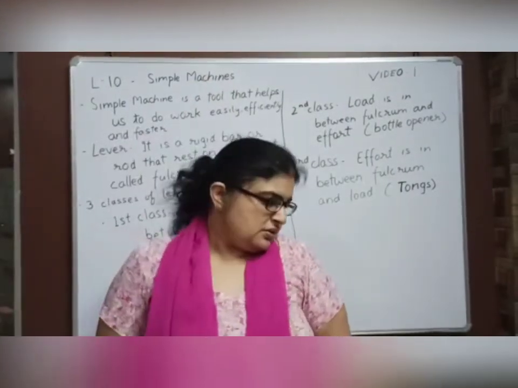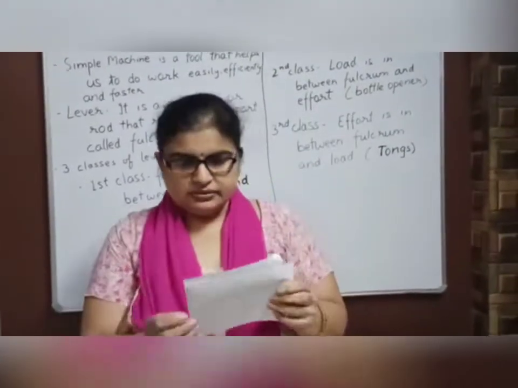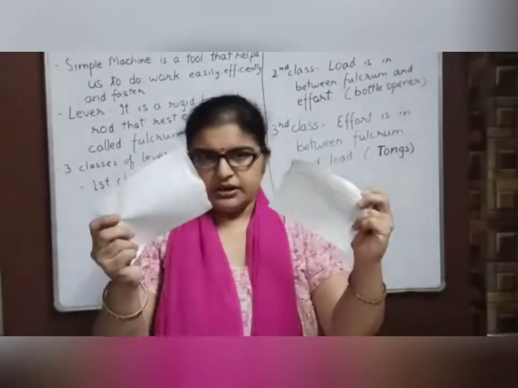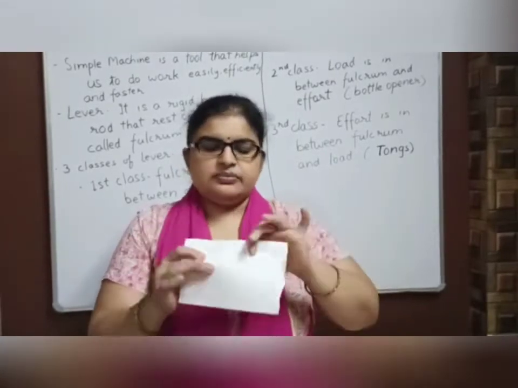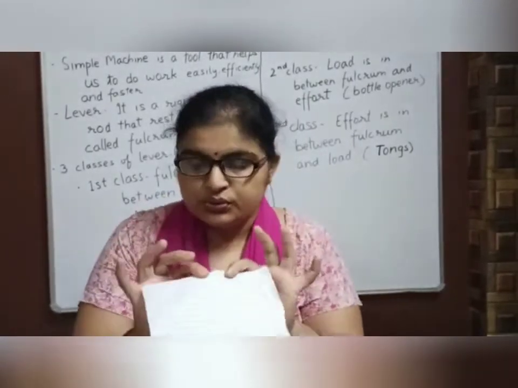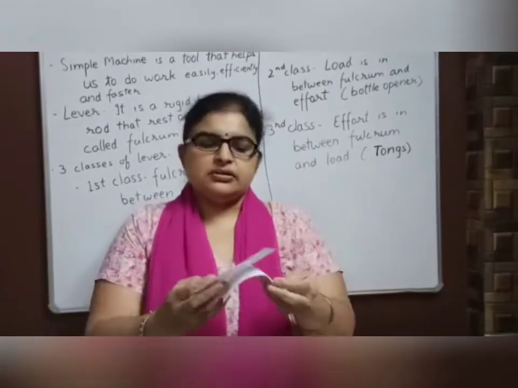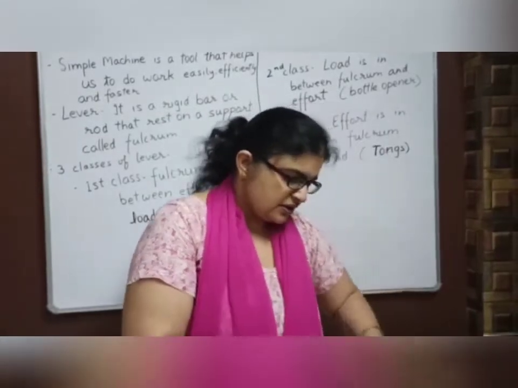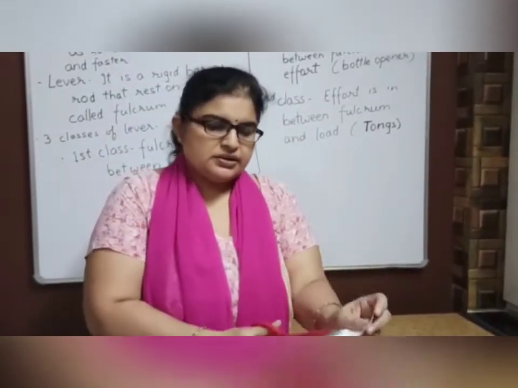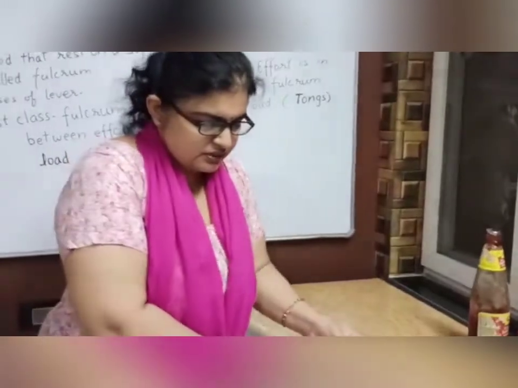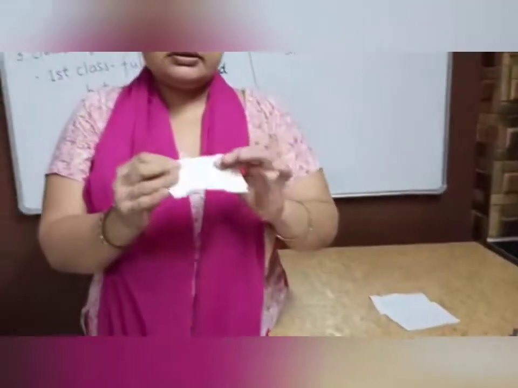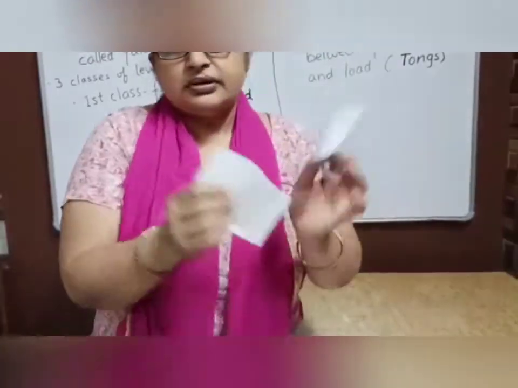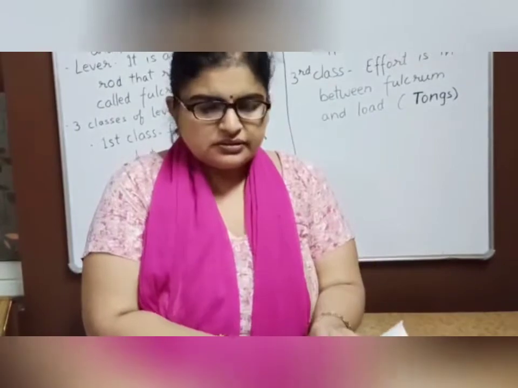So for starting, suppose I am having two papers, this one and this one. Then I want to tear or cut these into two. So if I am tearing, can you make out this is straight? No? Okay. But if I start cutting it with the scissor, it is coming very much straight. Can you see the difference? This has been nicely cut and this has been roughly cut. This is not straight.